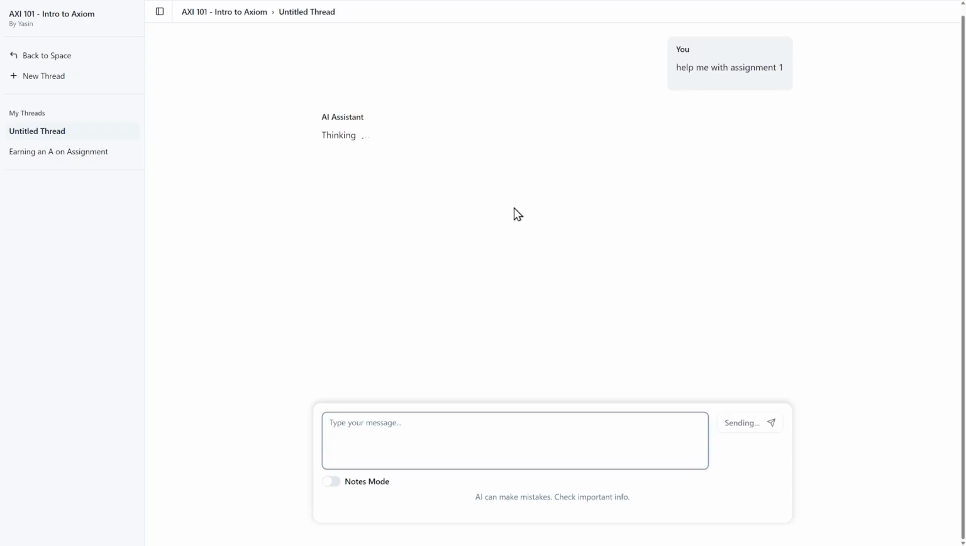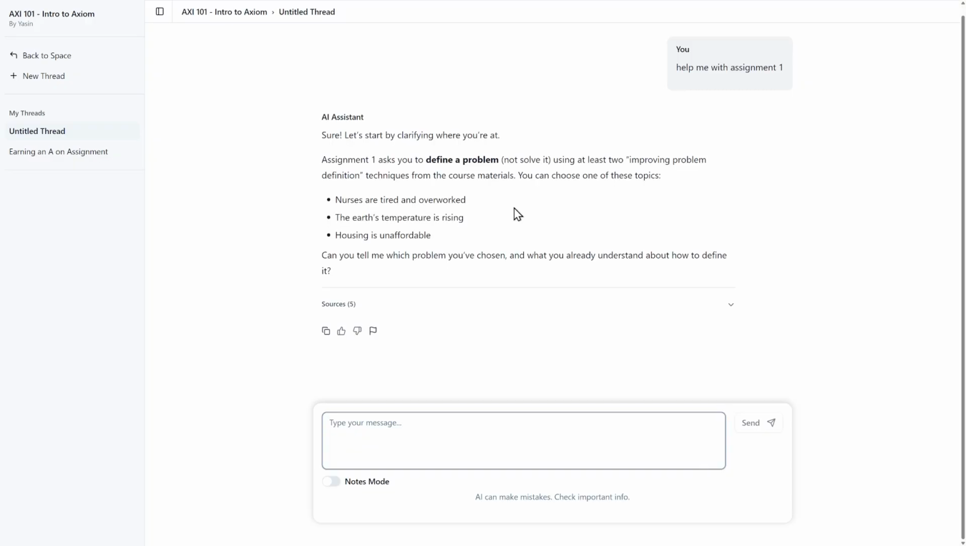and the AI assistant in this case is designed not to provide the student with an answer, but to walk them through the way that a human tutor might, and to ask them questions that lead them to think about the answer, and the AI basically steps them through. So in this case, help me with assignment 1. Since the tutor is well aware of what the assignment's about,